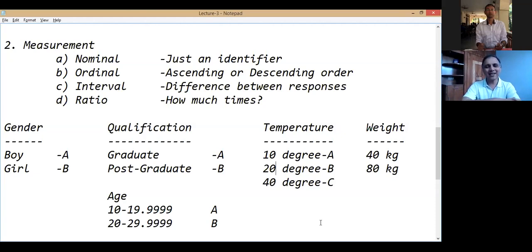Most of us will say, yes, we can say it is 20, 2 times 10 and 40 is 4 times, but we cannot say. Reason being, if you can say like this, then further there will be next thing, there is a city with the temperature as minus 10 degree.